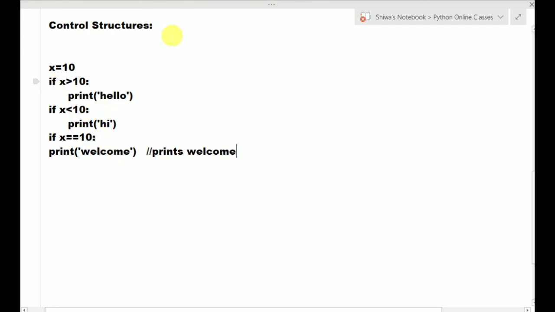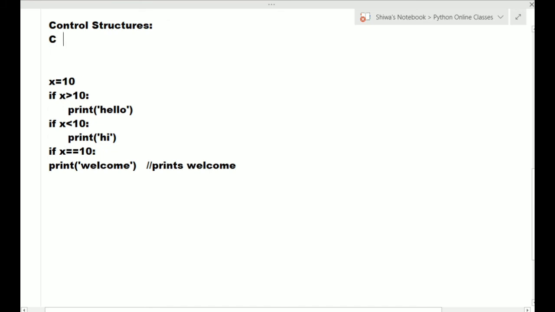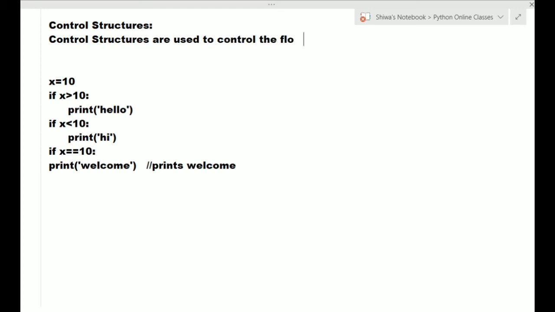Why are we using these control structures? These control structures are used to control the flow of execution of statements. So if you want to control the flow of execution of statements, we can use these control structures.